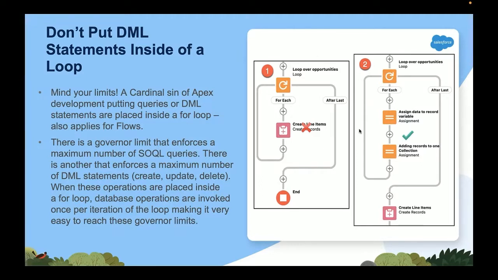The record can hold such records. The record collections variable can hold that many records. And at the end of the flow, you can see Create Line Items, and I am passing that record collections variable to create all the records in a single bulk. So this will help you to create an optimized flow,